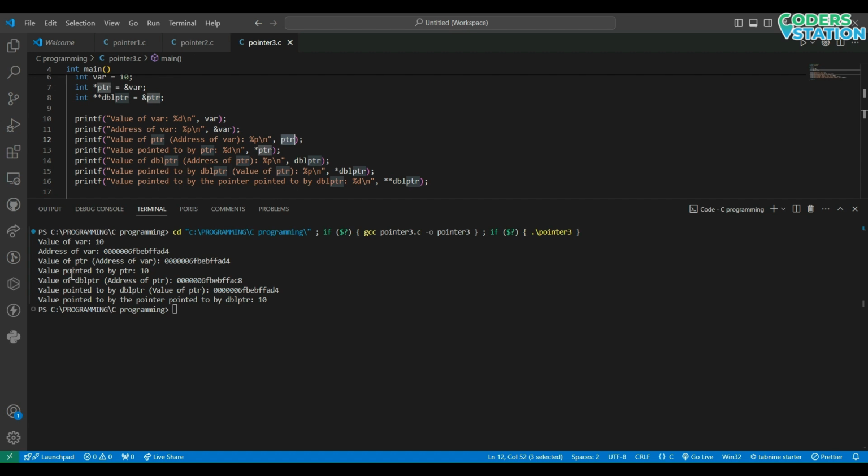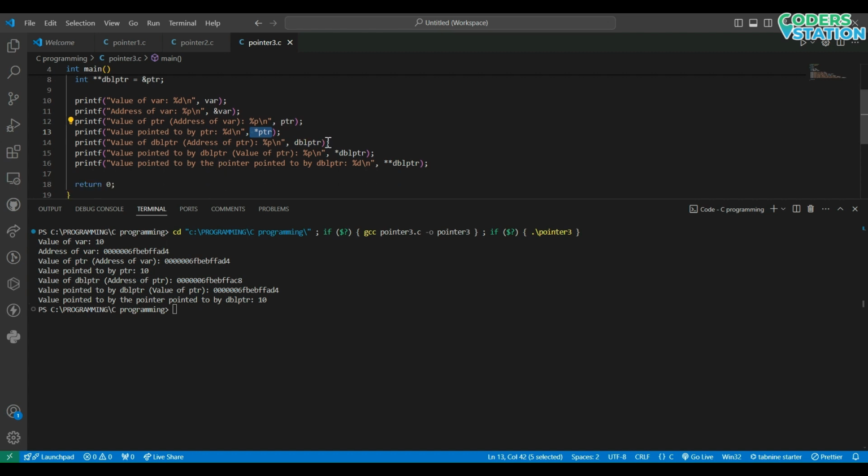Now let's move forward. Here the value pointed to by ptr, asterisk ptr, will now print 10. The next statement is the value of double ptr, the address of ptr. Here we don't see an asterisk symbol, so it will print the address of ptr, not the address of var.